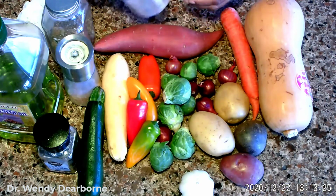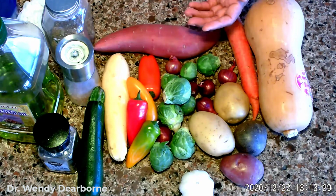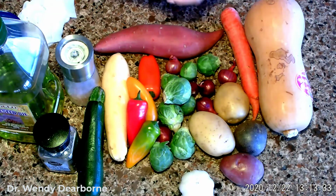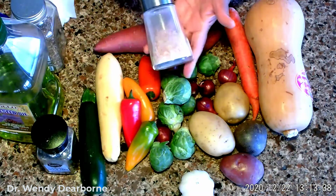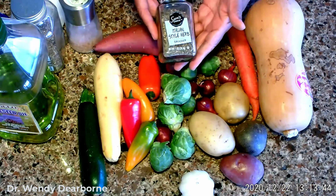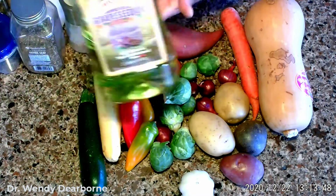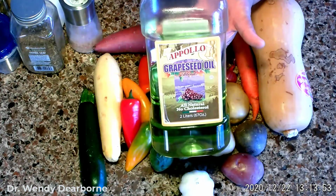I'm also going to use Szechuan pepper. I really love that. I actually toasted this and ground it up. I'm also going to use some thyme leaves, some salt, and this is Himalayan salt. I'm also going to use some Italian seasoning. I'm going to use some black pepper, fresh ground black pepper, and I'm going to use a high smoke point